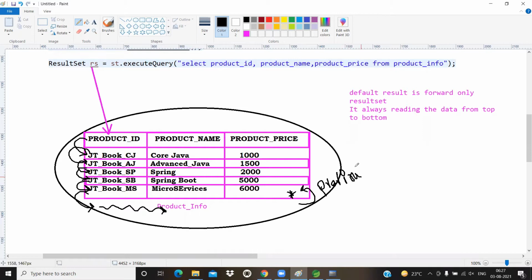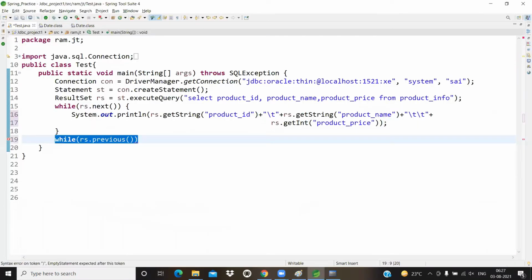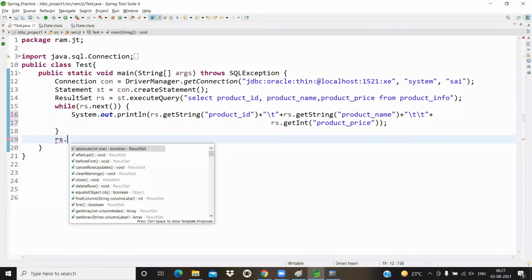Can we push the result set cursor from out of the table to the last record or not? Let us try to write this line of code.